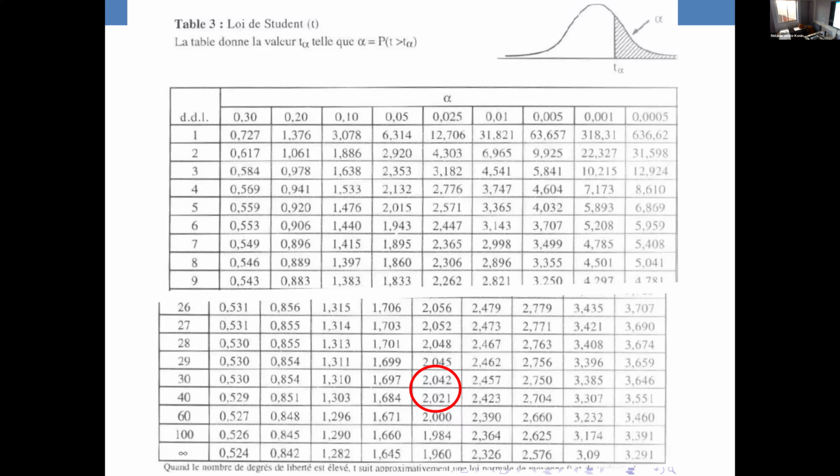So you're thinking, what am I going to do? But you can see that as the numbers get bigger, there's a smaller and smaller difference between them, because when we get to infinity, these numbers, do you recognize 1.96? Do you remember 1.96 when we had a 5% level? It's the normal distribution number, because I told you right at the beginning that the Student distribution tends towards a normal distribution. So the bigger the N, the closer you get to a normal distribution. Here you can see that they don't write 31, 32, 33, 34 because they're very close anyway. So it means that our threshold is around